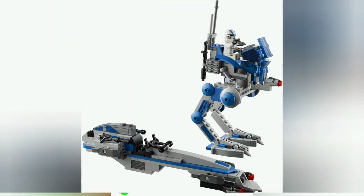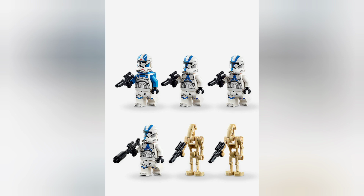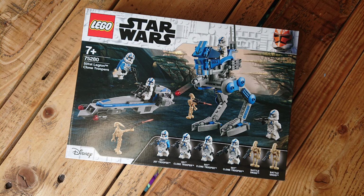But no, we have an expensive set with a giant speeder, which I reckon no one cares about, and an AT-RT that is clearly a step back in terms of design. Worst of all though, LEGO know fine well that this set is very desirable, and that's exactly why they've done this. It's double the price of a regular battle pack, and the price will not come down for ages,